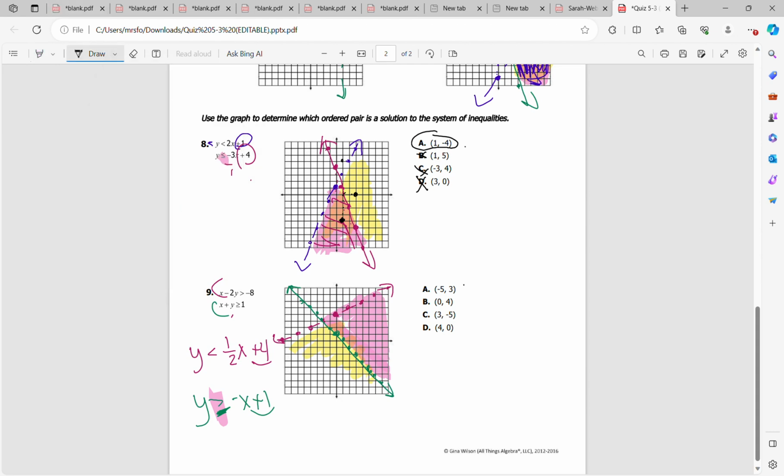So now we check our ordered pairs. Negative 5, 3 would be up here. So it does not fall in that region. We want something that's going to fall in this region here. 0, 4, 0, and then up 1, 2, 3, 4. It falls on a dashed line, so that doesn't work. 3, negative 5. 1, 2, 3, 1, 2, 3, 4, 5. That didn't work. So then 4, 0. 1, 2, 3, 4. That falls in that region. So we would use